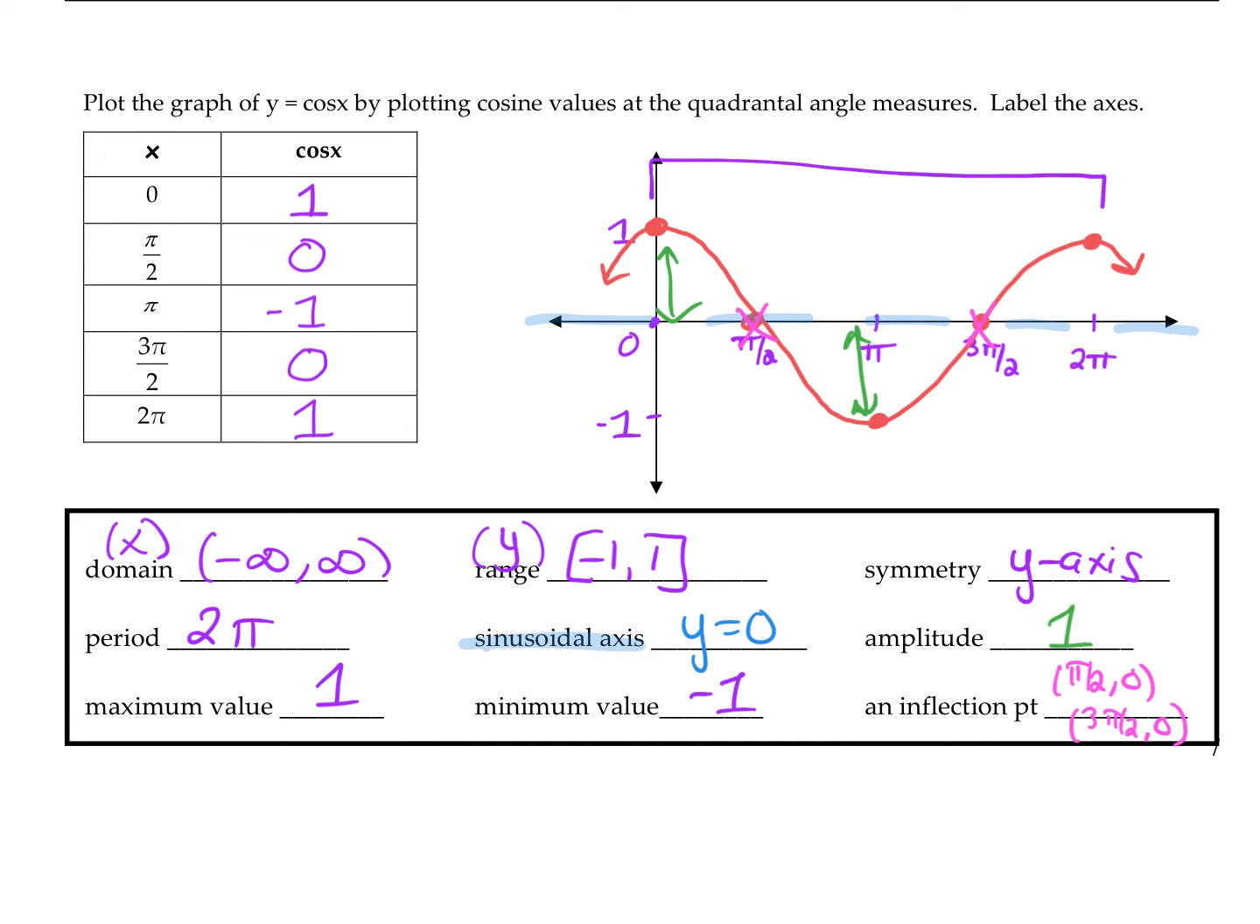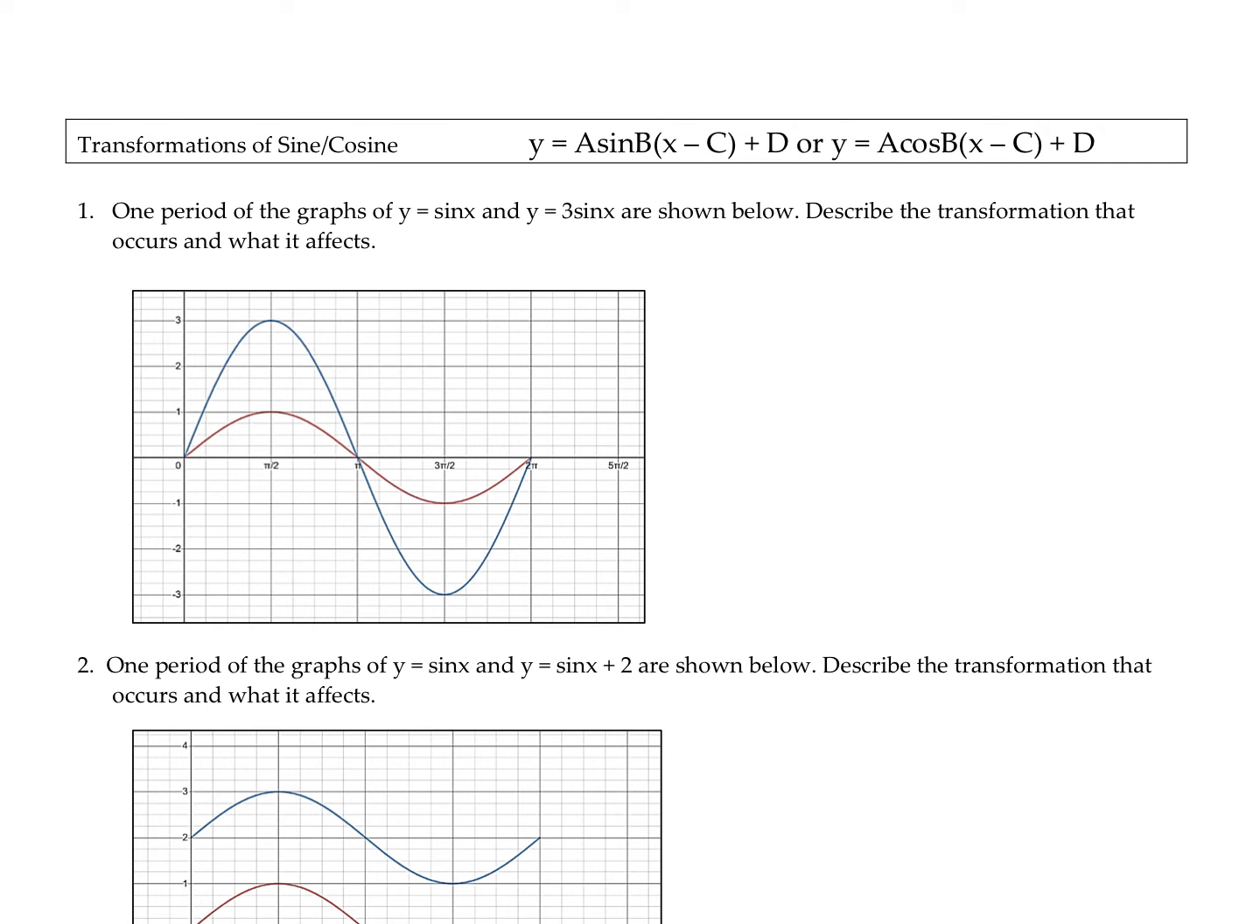Because that's where those change from maximum to a minimum. All right, so now we're going to look at how transformations affect the sine and cosine graph. So if we're looking at this graph, my sine graph is this red graph here, and my y equals 3 sine of x is this graph here. And so I can see that my 3 sine of x has a vertical stretch